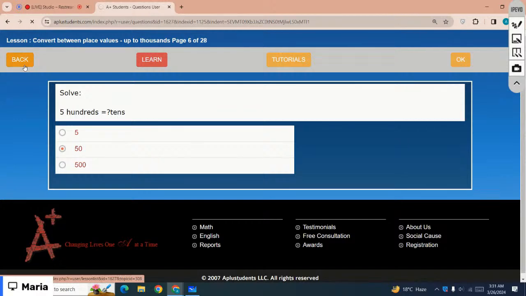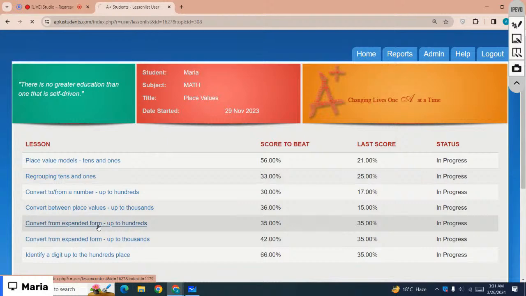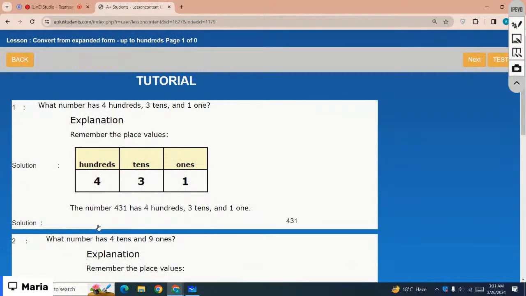The next lesson is convert from expanded form up to hundreds. So you can write the number in expanded form, like you write the numbers in sentence form. For example, what number has four hundreds, three tens, and one one? This way the question is written in